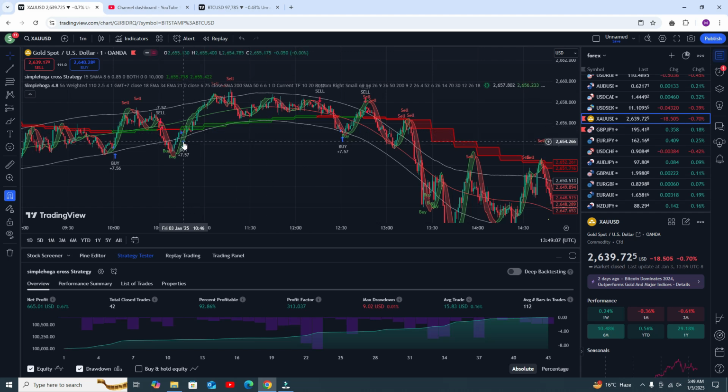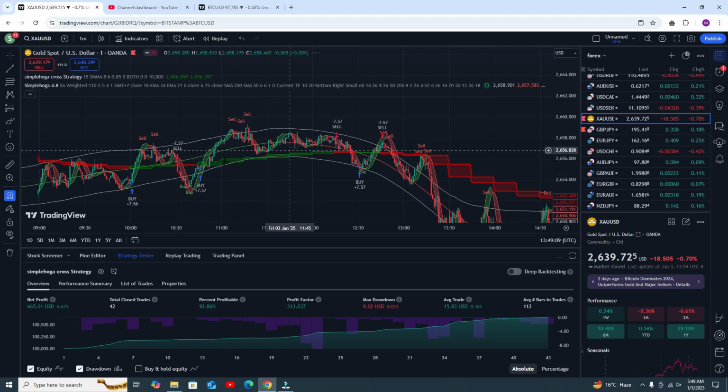When you get this buy trade, if you close the trade at this point, then definitely you will get more profit. But if you wait and close this trade later, that is a very small profit compared to the bigger one. Now here you can see a sell trade. If you close your trade at this point, then definitely you will get the profit, and that is the same scenario as on the buy side.